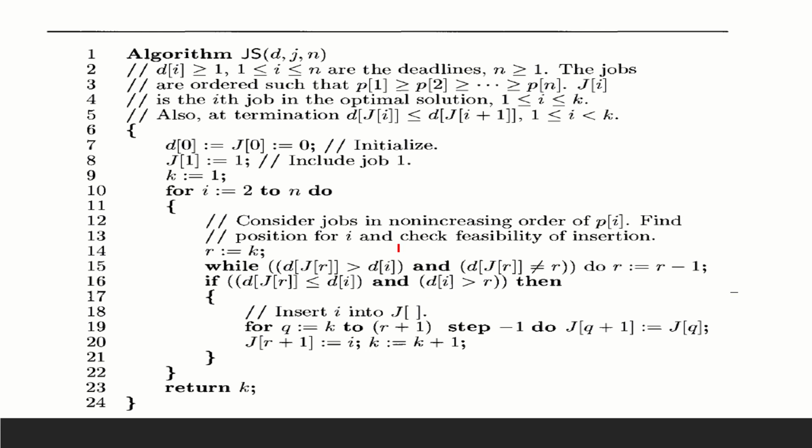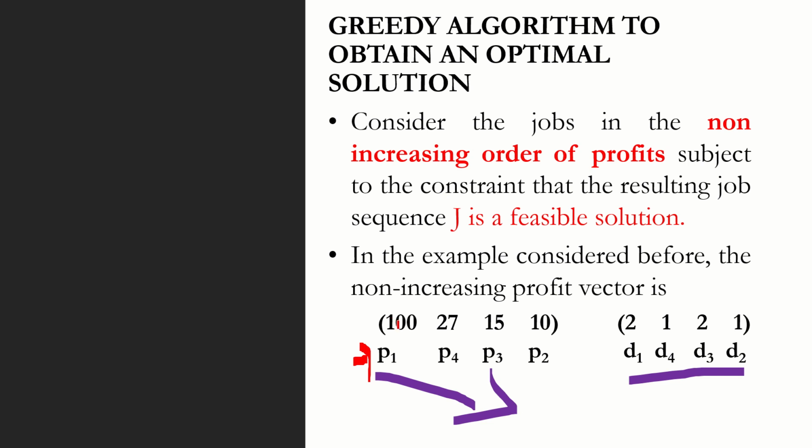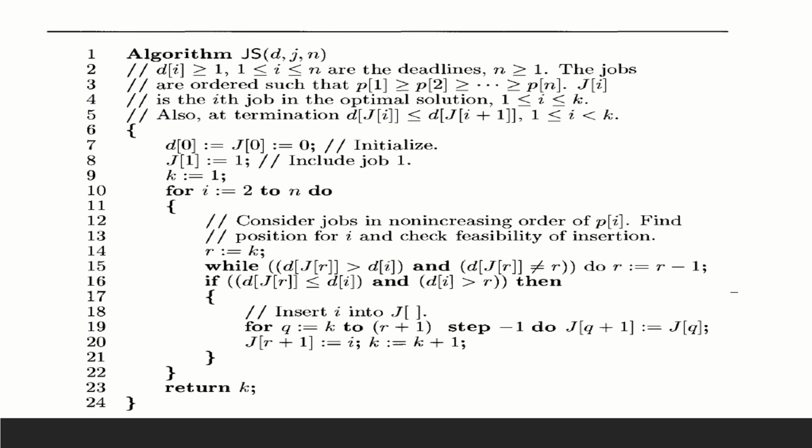And this is the detailed explanation of this algorithm. Here we are writing certain steps in order to make the arrangements. First, we will provide 3 inputs to this algorithm, the set of deadlines. Here small j means the set of jobs we have to consider. So in our example, the 4 jobs we have to consider are given in this array, which is small j. So D is the set of deadlines, J is the set of jobs we have to consider,